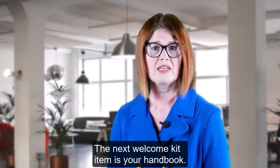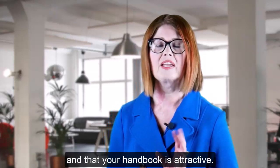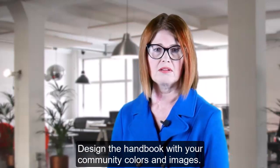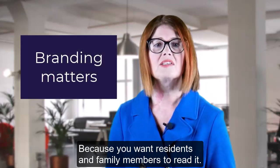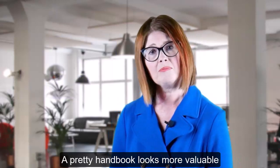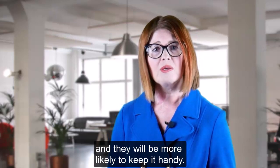The next welcome kit item is your handbook. Make sure the policies are up to date and that your handbook is attractive. Design the handbook with your community colors and images. Why? Because you want residents and family members to read it. A pretty handbook looks more valuable than other paperwork they have to fill out, and they will be more likely